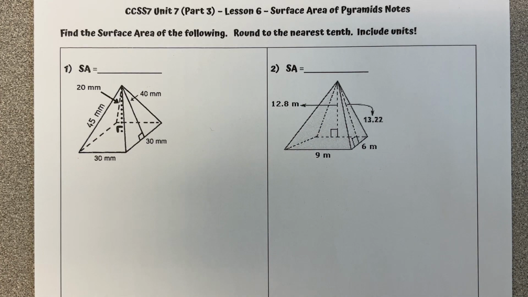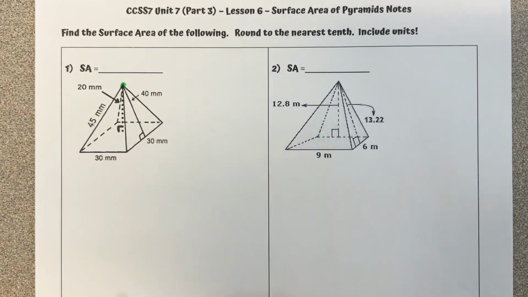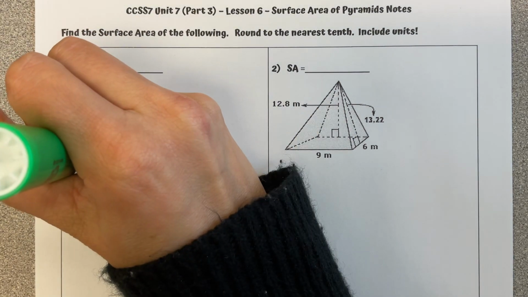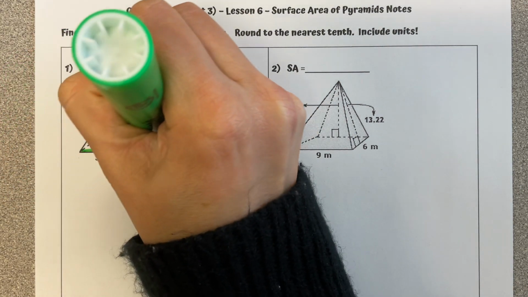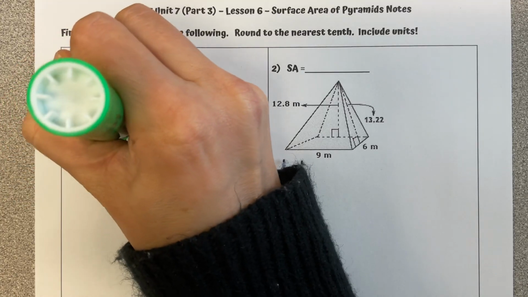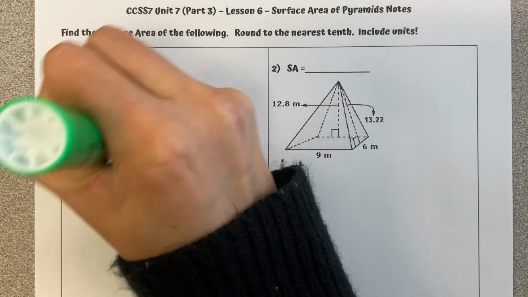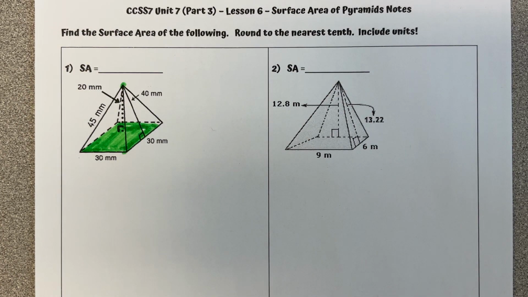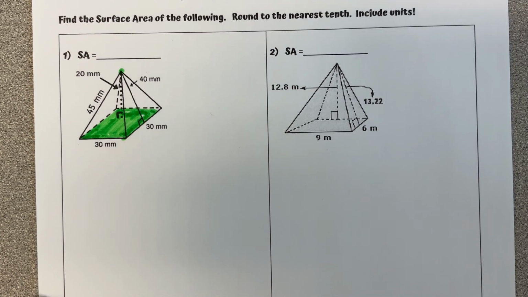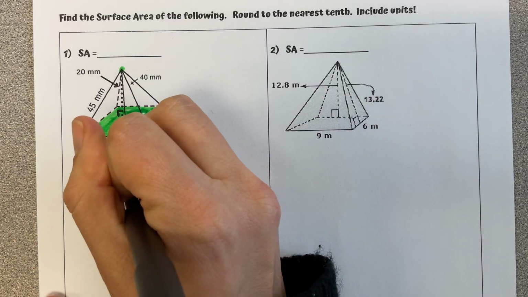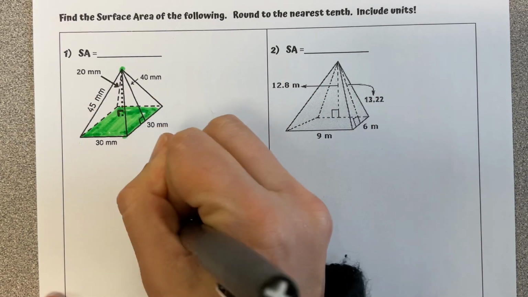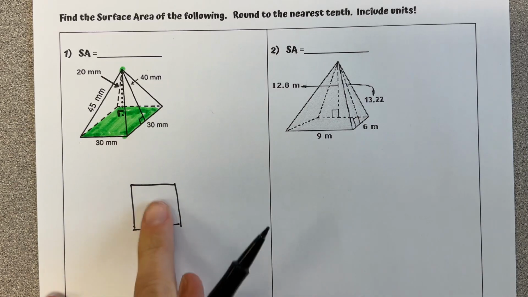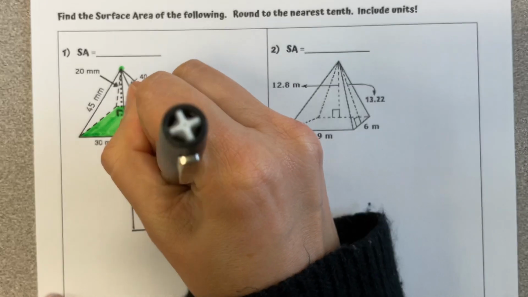So let's look at this first one. I'm going to identify that this is a pyramid. It comes to a point. So opposite that point is our base. And I'm going to do this first one by using a net. You can use it for all of them if you want, but I'm going to show it using a net and without. So we have our base, and then we have